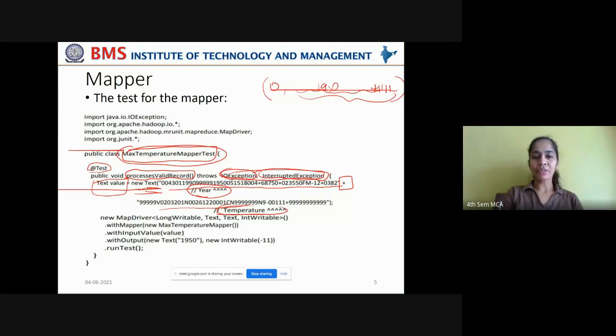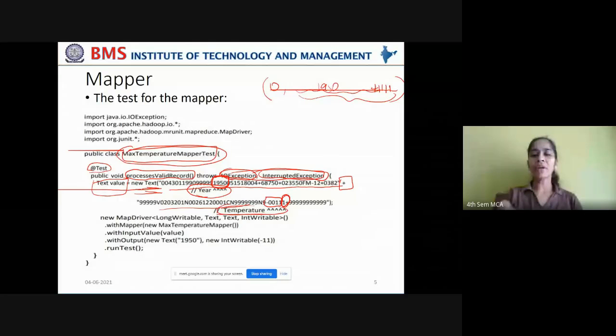Observe this carefully. The first part of the text is enclosed between double quotes, concatenated with the second part of the text. So we are just giving two parts of the text here, one which contains the year and the second one which contains the temperature. You notice here a year is given in this raw data and a temperature is given here in the raw data with the quality code.